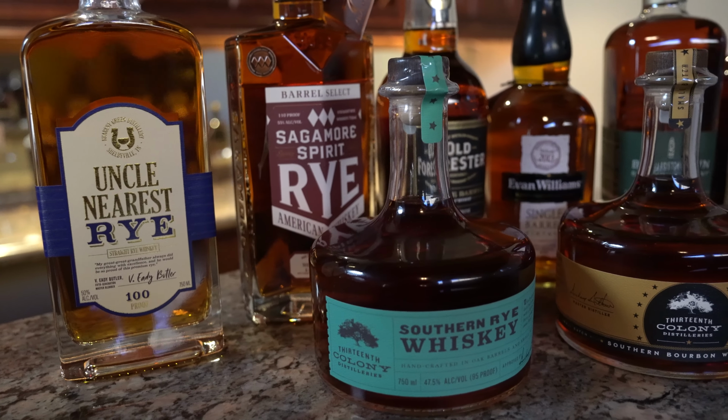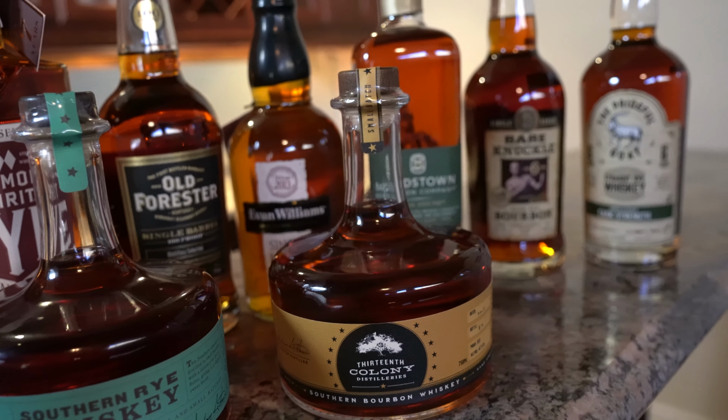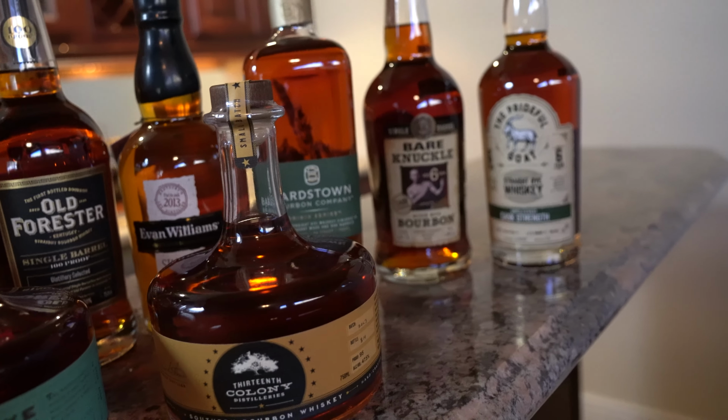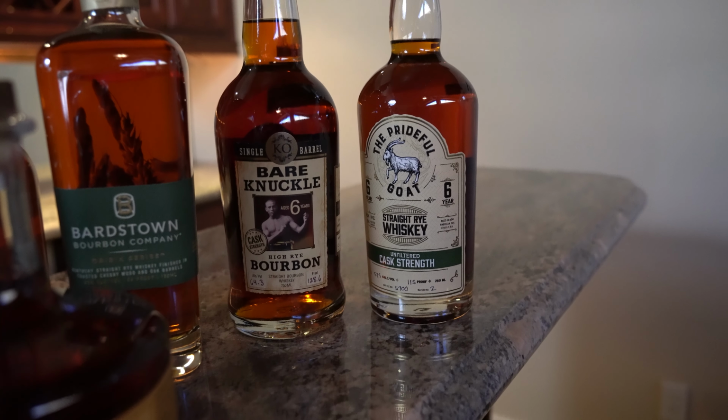Now these are whiskeys that I've gotten, I've been gifted, but I haven't even gotten a chance to really enjoy them and really form a good opinion of them. And so these are some of the whiskeys that are still in the bullpen, as I would call them, that I'm really waiting to try and experience a little bit more before I can make a final